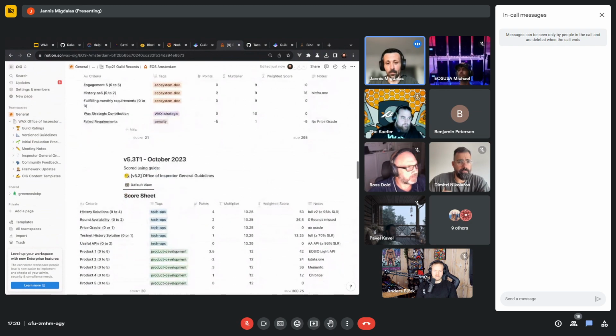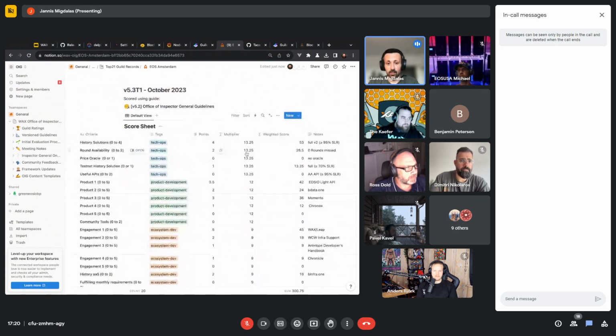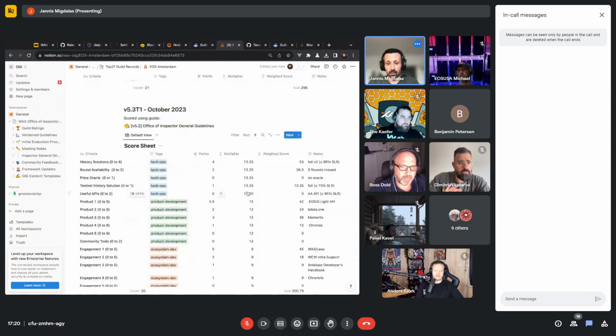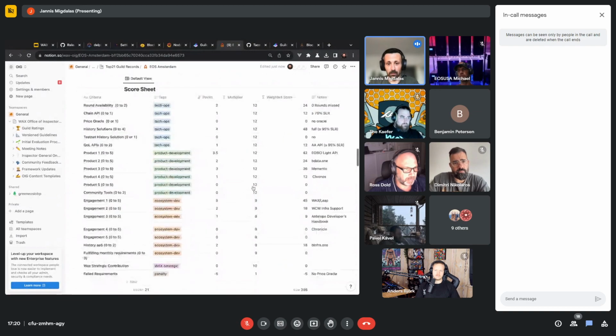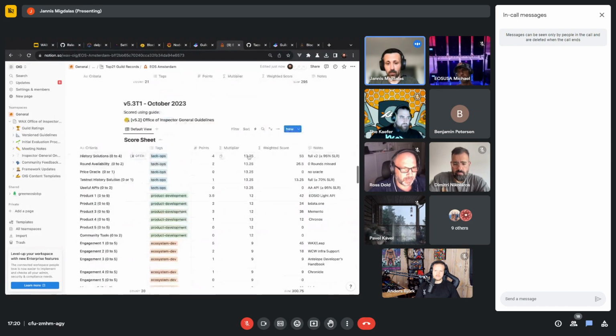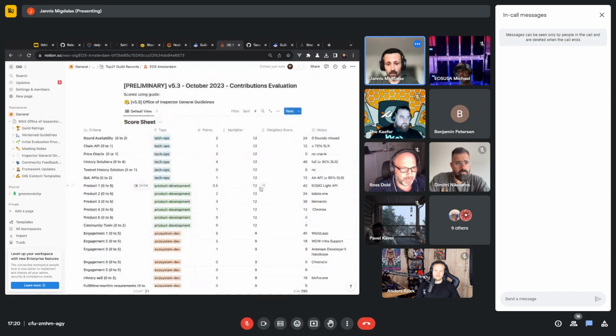across all validators. Another huge change is, since we added the chain API and we expect everyone to be able to get those points, we are turning down the multiplier to 12 for technical operations. In total, it doesn't impact the tech ops score too much, but we want to emphasize a well-running tech ops across all guilds. So the multiplier is changed from 13.25 to 12.